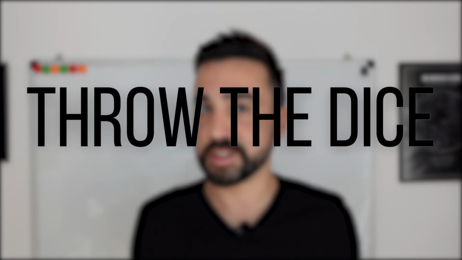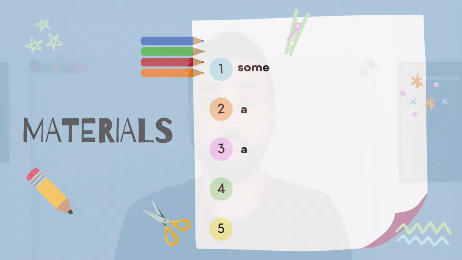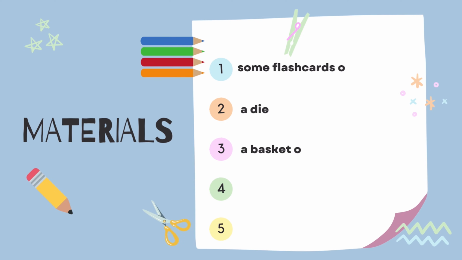So, let's get started. Activity 1 is perfect when you want to review language with your students, and I call this game Throw the Dice. All you're going to need to prepare for this activity is some flashcards or some questions for your students. You're also going to need a die and something to throw the die in, so either a basket or a bin. You can put the students into two teams, and what they have to do is throw the